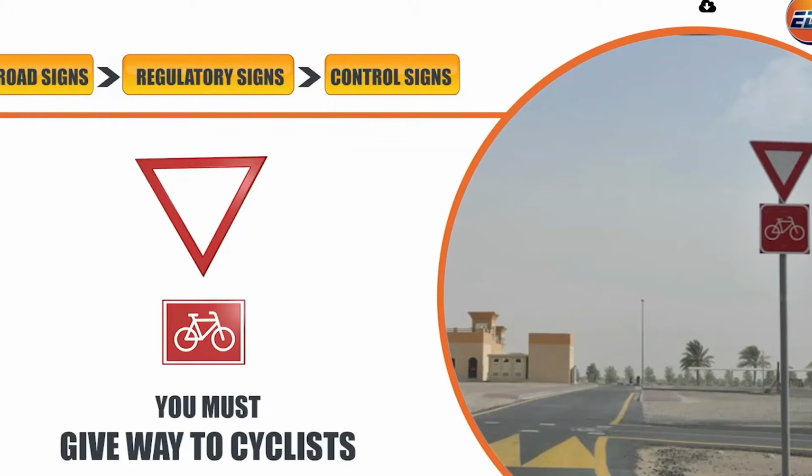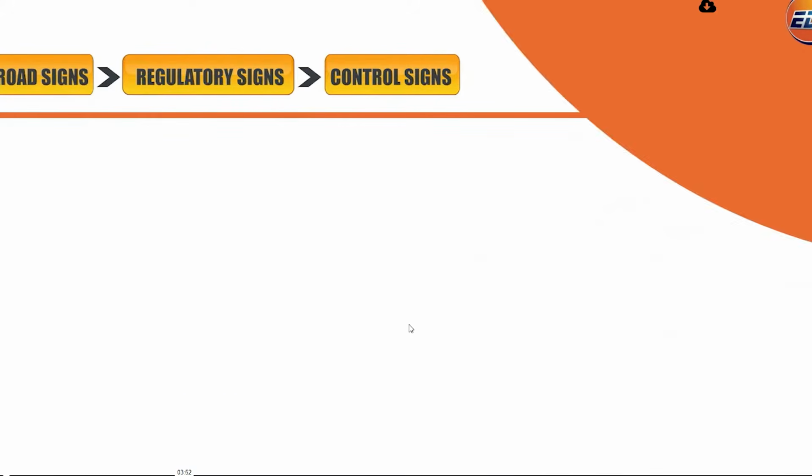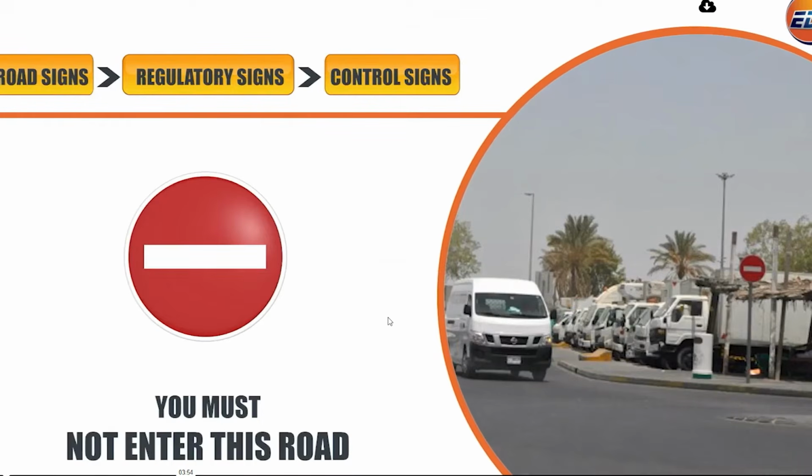This sign means give way to cyclists. It can be found on the junctions or roads where there is a cycle riding track crossing that particular road or junction. When you see this sign, slow down, look for cyclists, and if they are nearby, always give way to them. This sign indicates that entry into the